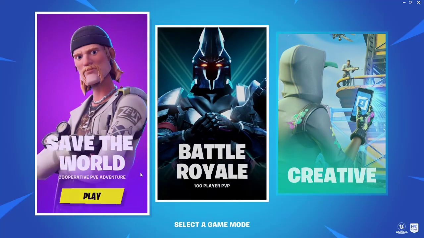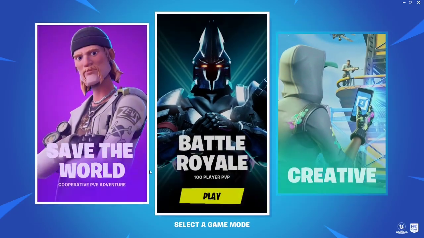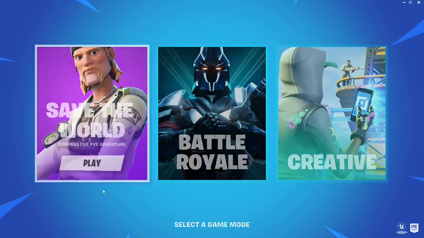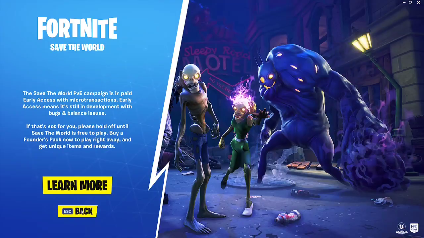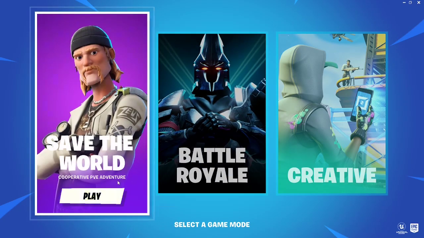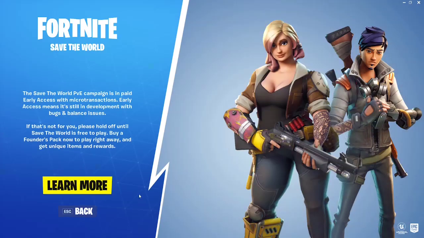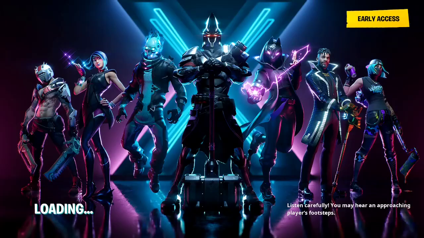Alright, now you'll see the 3 menus, as you would normally see. If you try and go and save the world, you can't play because the game's basically telling you that you don't own the game, even if you do. But why it's telling you this is because you can't actually connect to Epic Games servers like I mentioned before, and so Rift doesn't have Save the World servers. And so what you want to do is click on Battle Royale,